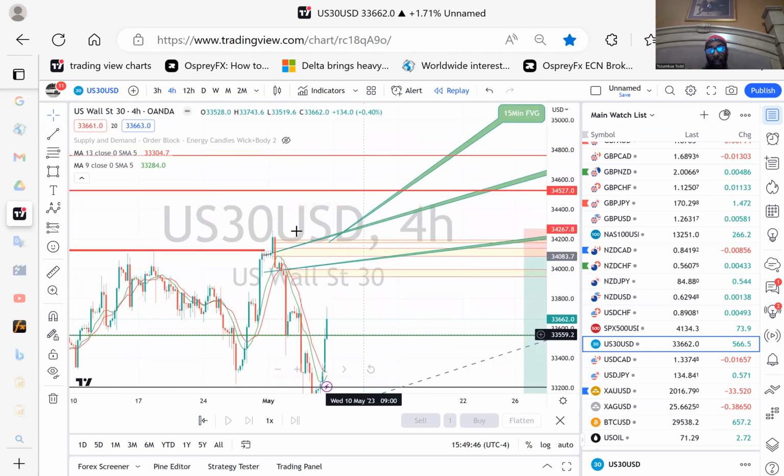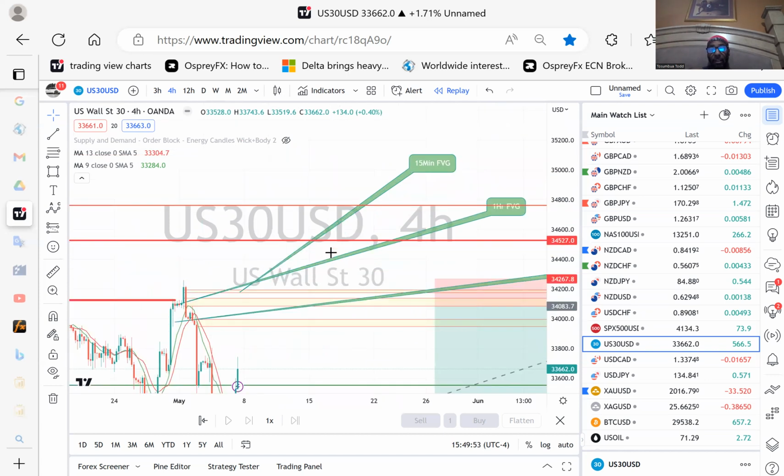But if you notice, I have other areas marked on the chart just in case I don't get the sell from here. It might push up, right, to this 1-hour. I labeled it. This is a 1-hour fair value gap. If I go to the 1-hour chart,